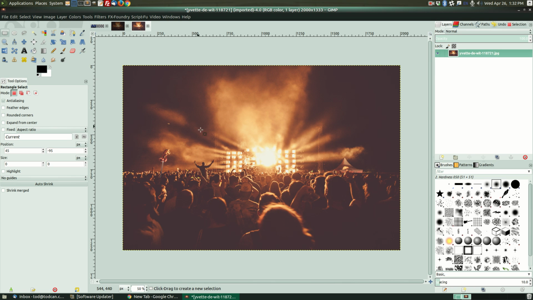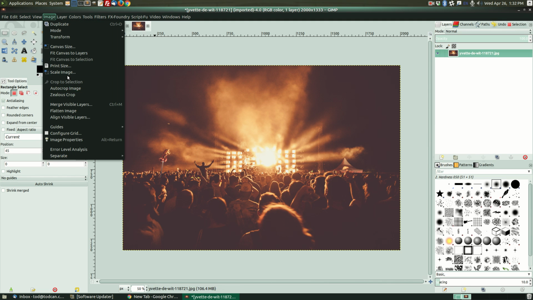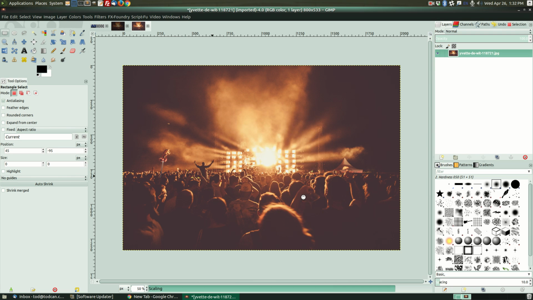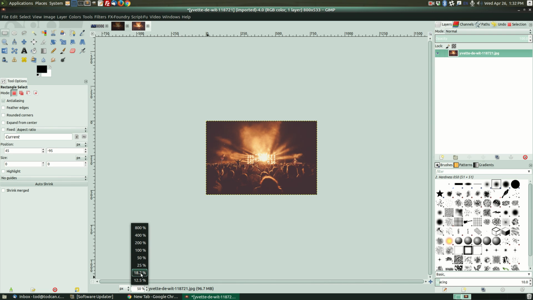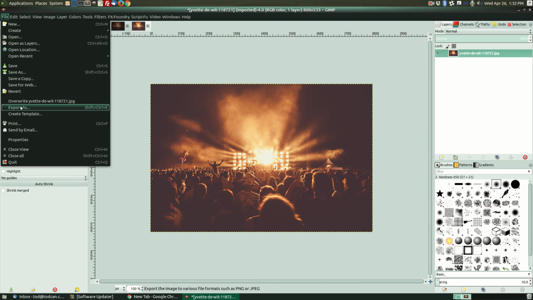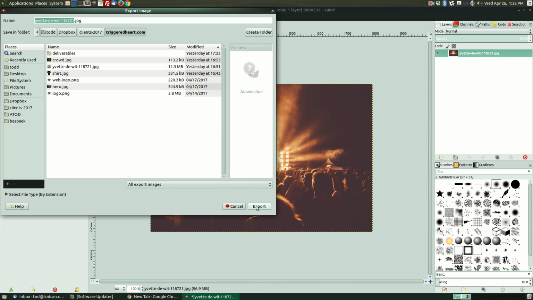Now, if this was an image I was just going to use somewhere on a page, I might go image, scale image, 800. And again, this automatically redoes its scale. This would be an image size I would probably use somewhere on a page. As just a page image here or there in an article or whatever. Suitable for uploading. Just as a little side note,